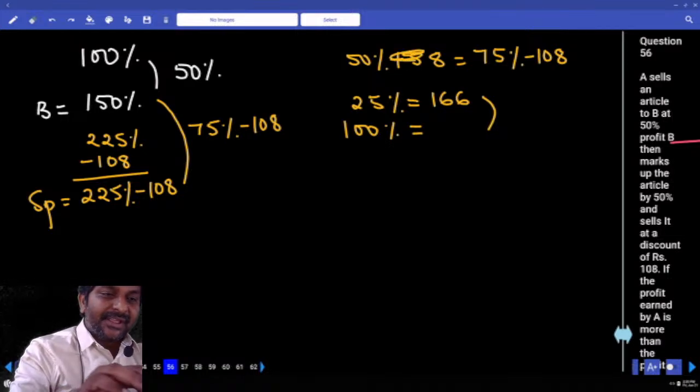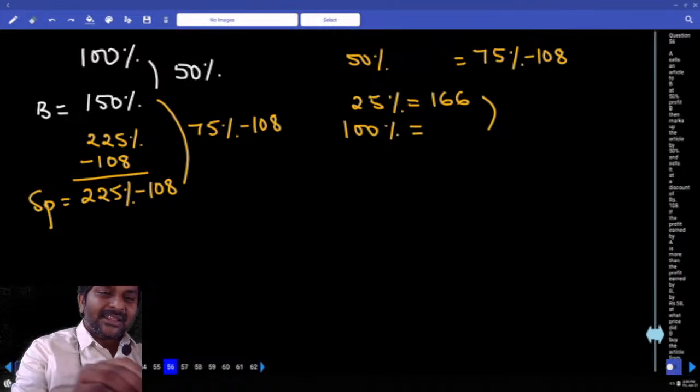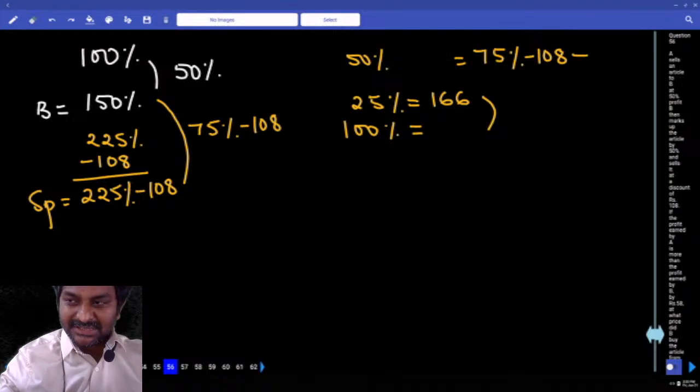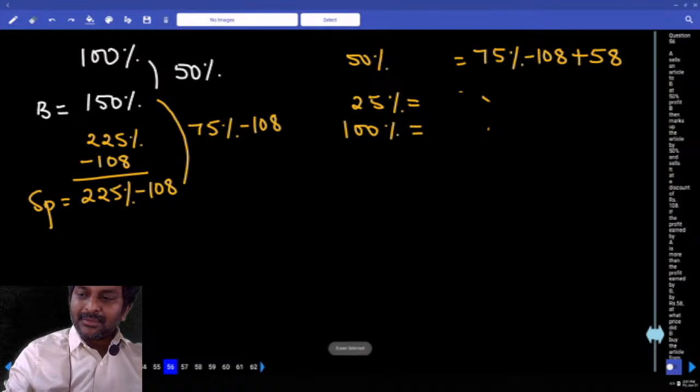Where should we write this 58? On the right hand side, right? That's where the mistake happened. How much is that? 58. Now,